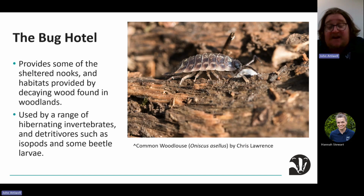So the bug hotel, like that fantastic example you saw in the earlier slide at Holland-on-Sea, is a great place for creatures like this rather beautiful little beast. This is a common woodlouse. I like this photo because it's not often that you get to really look at the compound eyes of a woodlouse. I thought that gives a particularly good impression of their compound eyes, recalling an ancient trilobite or some such. But of course, they're not related to trilobites. They're actually terrestrial crustaceans, isopods